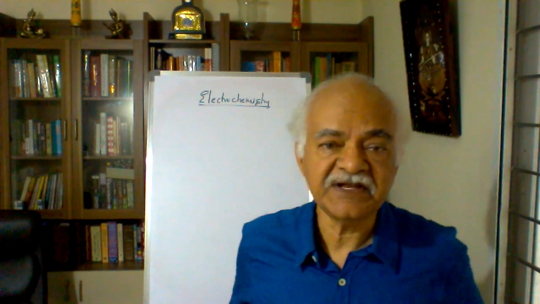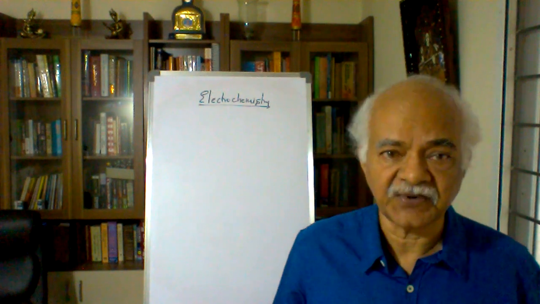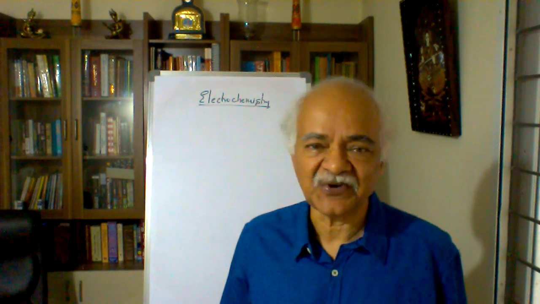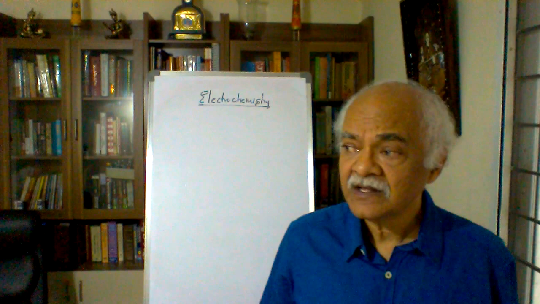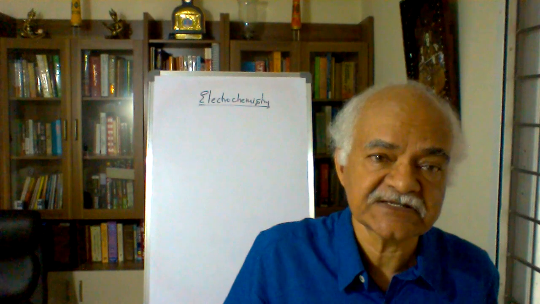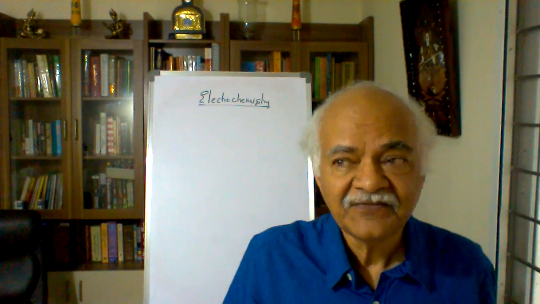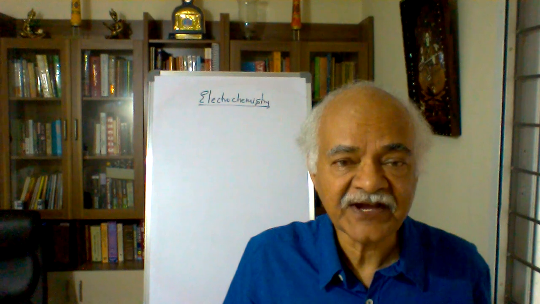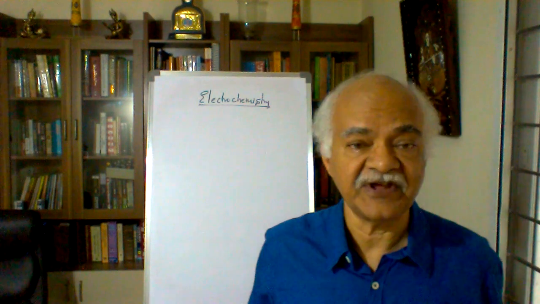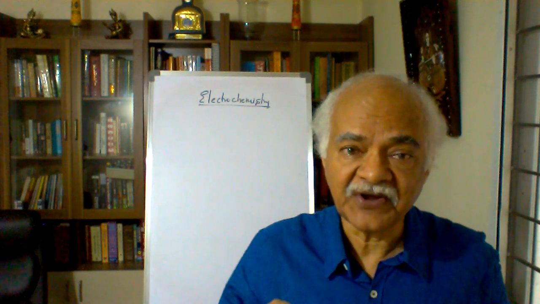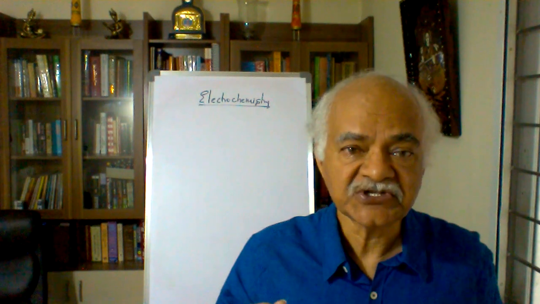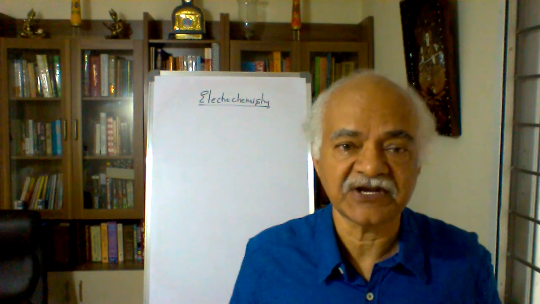The term electro, of course, means there must be an involvement of electrons. And chemistry, of course, you are aware of. We're dealing with many, many chemical processes. So what are those processes where electrons are involved, where electrons are obvious? As you are aware, we have one category of reactions called redox reactions. There is another category called acid-base reactions. I'm focusing on redox reactions as the first step to introduce to you what actually is electrochemistry.